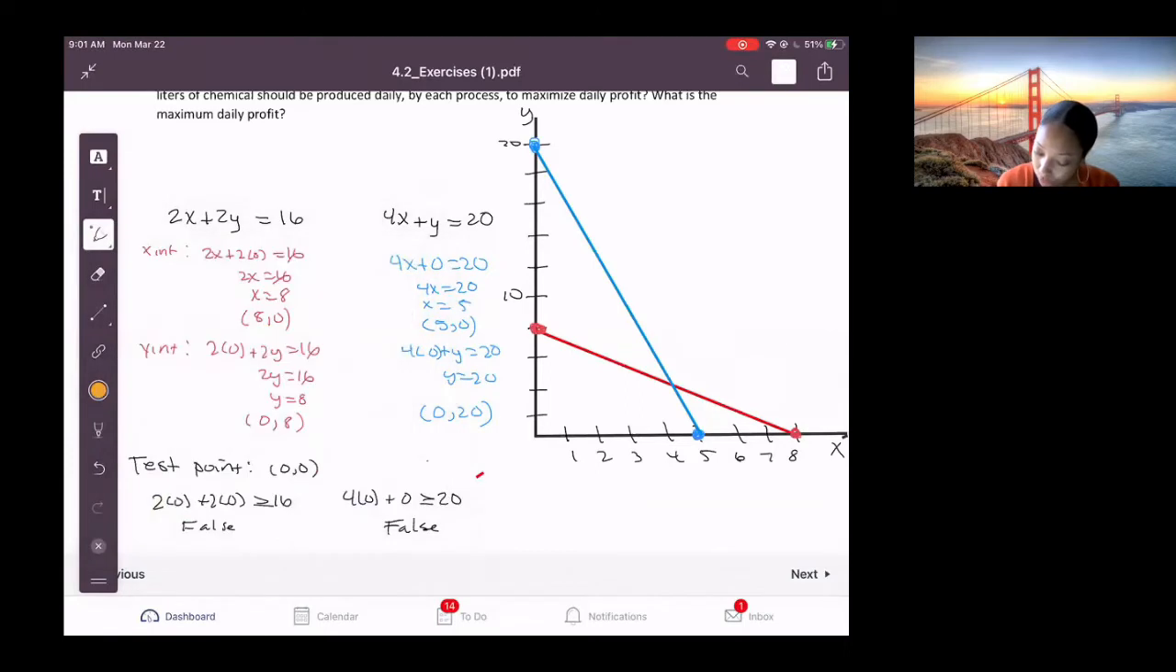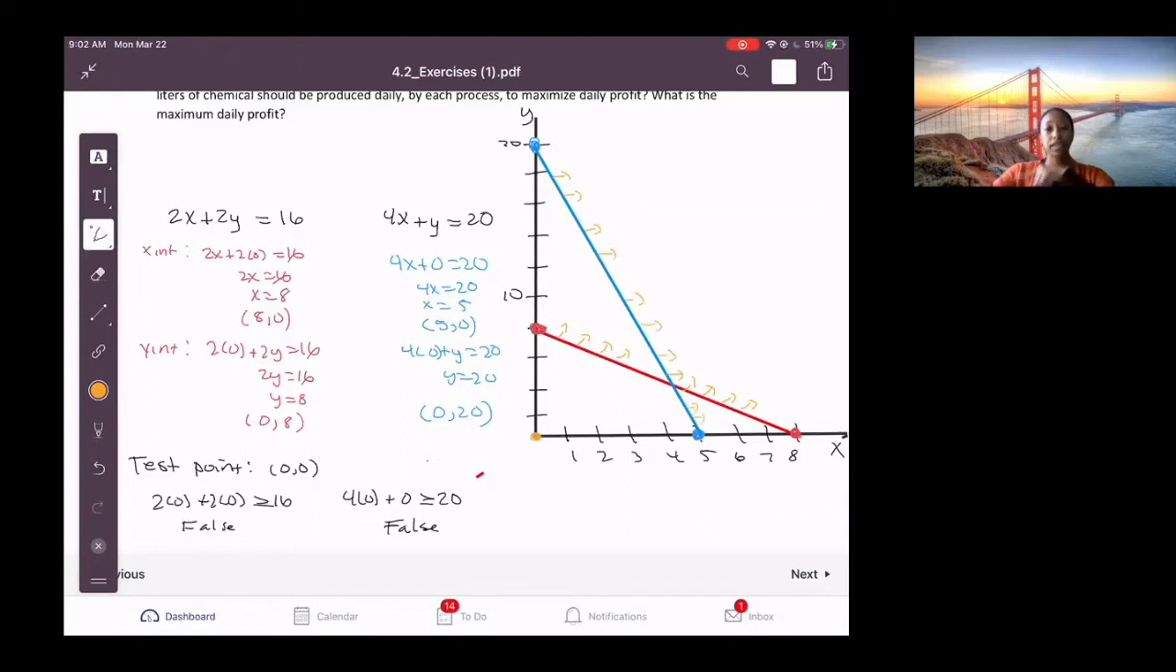So our test point was here. We want to shade in everything that's on the opposite side of both of these lines. So I draw my little arrows like this. We want everything above the red line and above the blue line. When it comes to this shading,